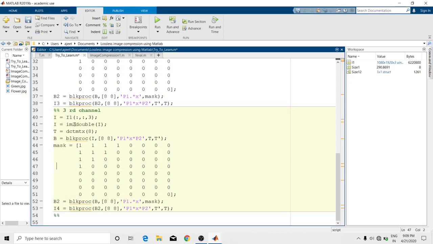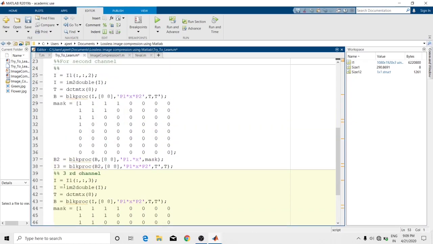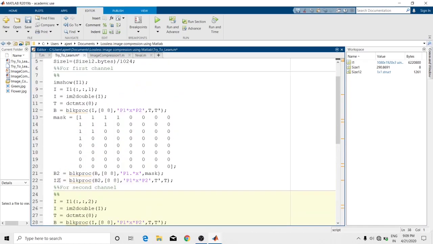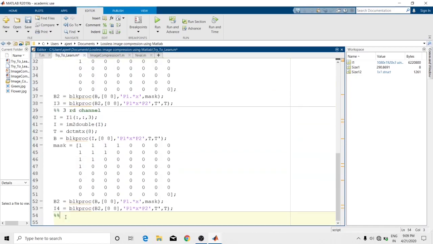Yes, this is for the third channel. Here I have stored I in I. You can see this is for the third channel. And now what I actually have to do, this is our final image of the third plane, and this is our final image of the second plane, and this is our final image of the first plane, first channel. So finally I have to concatenate, means I have to merge all of them in a single image. So let us take a single image matrix L is equal to, now I have to merge all of them.